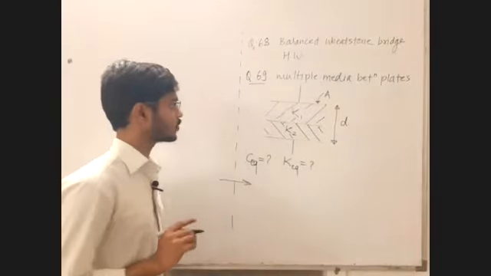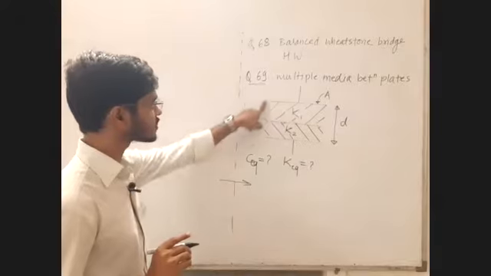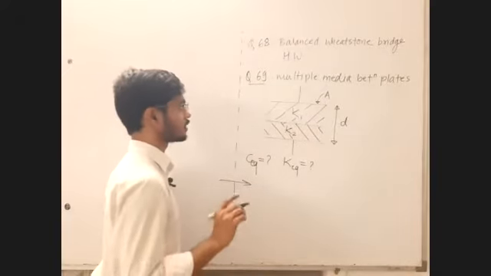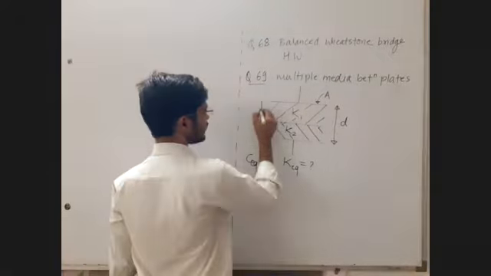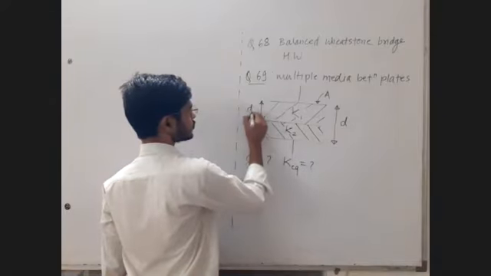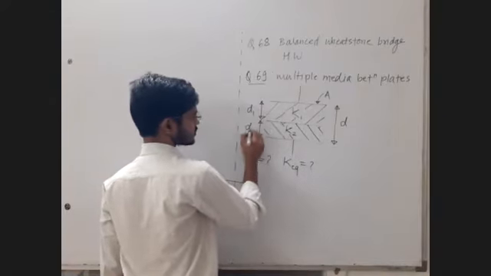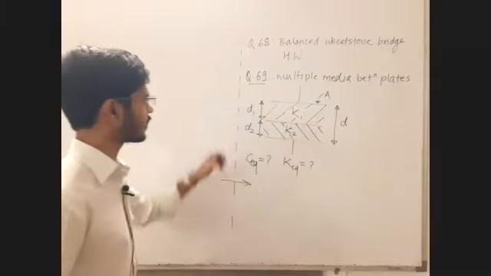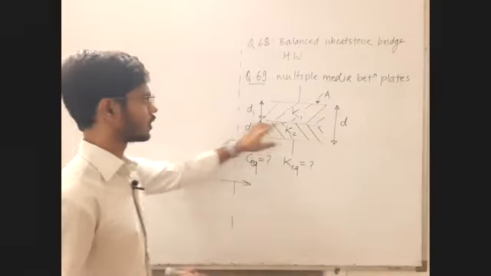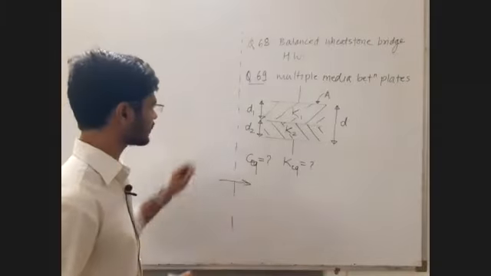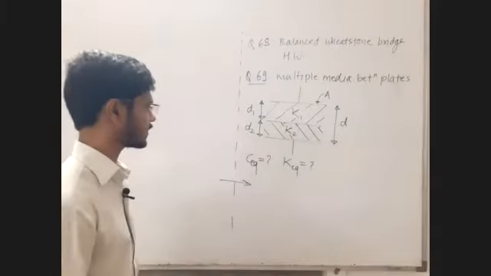The first thing you have to understand is that this distance must be given by them, either this distance or this distance. So for the time being, we assume that this distance is d1 and this distance is d2. Automatically you could have written d2 is equal to d minus d1, that is also fine, no problem, but let me take d1 and d2.